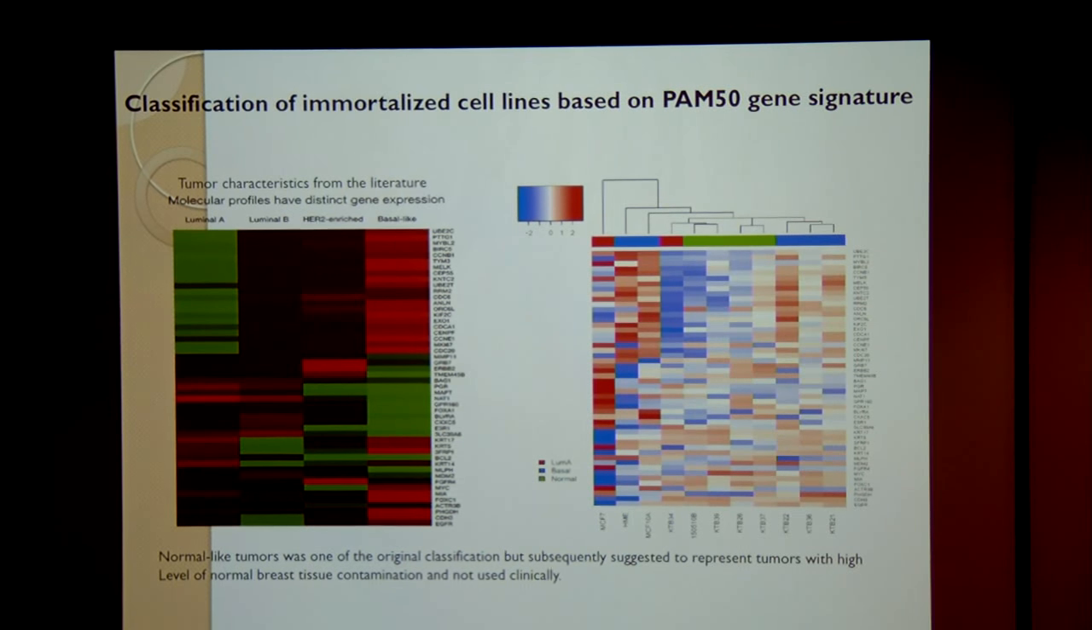What I'm showing here is the PAM50 that is clinically used to classify the breast cancer into different subtypes using this 50 gene signature. When we subjected our immortalized cell lines to that purpose, we were able to classify our cells into luminal A, basal, and normal. The breast cancer field suffered for many years with the non-availability of the normal cells which represented